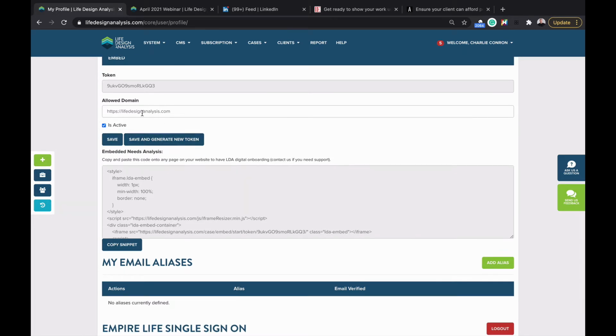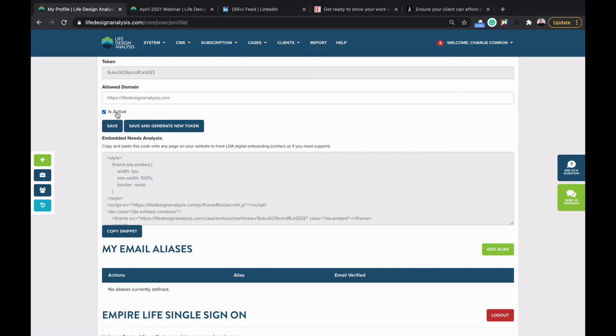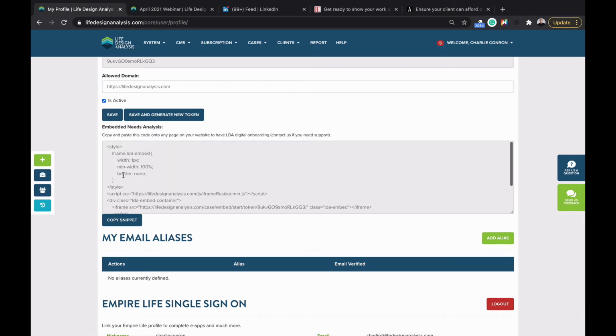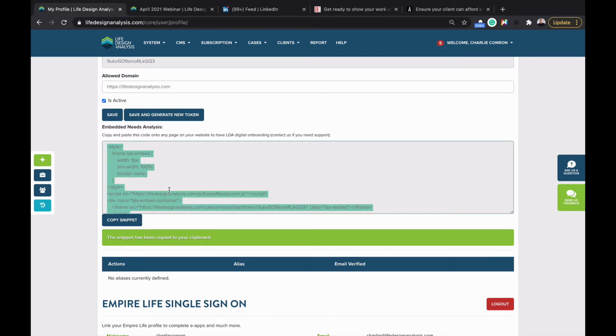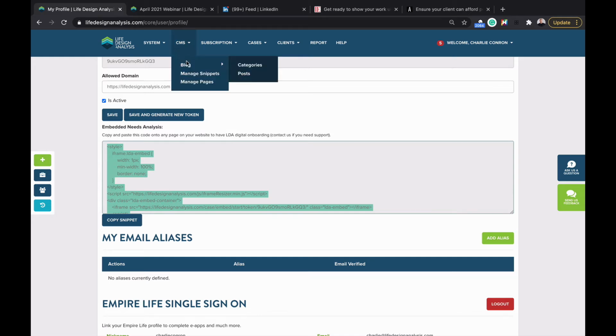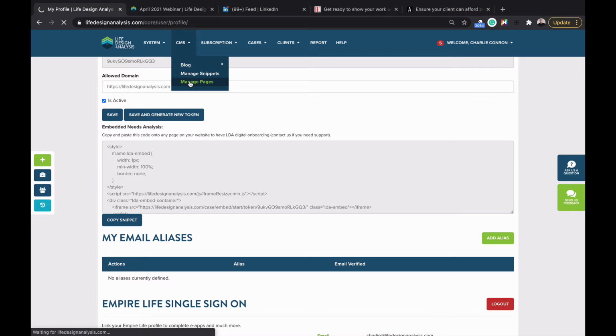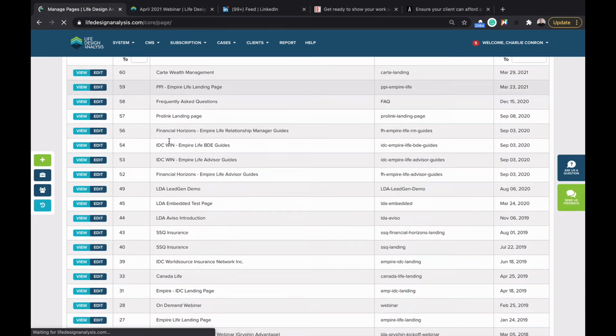So I'm going to put in my domain here. I've got it is active, and basically I've got a snippet of code here that's provided to me for LDA LeadGen. And really all I need to do to install it is simply copy this and paste it to any sort of web page out there. So given mine, I only have so many pages on Life Design Analysis here,